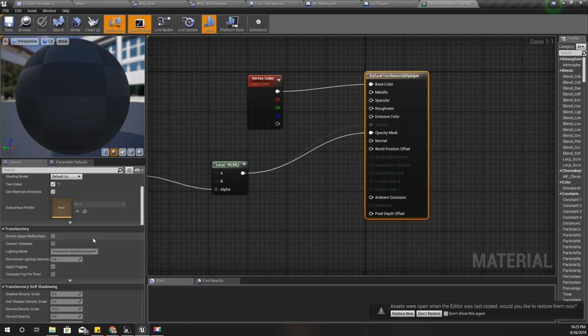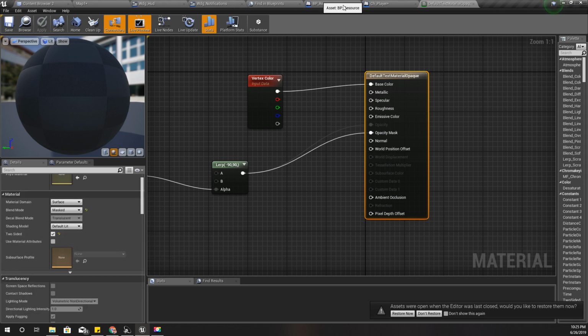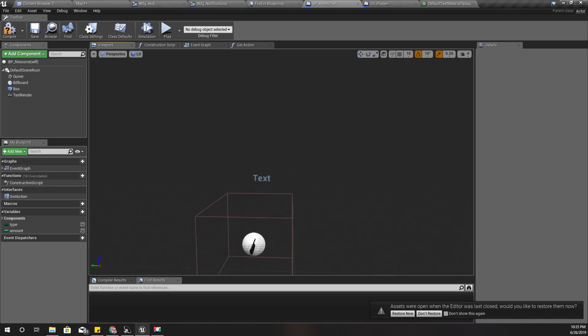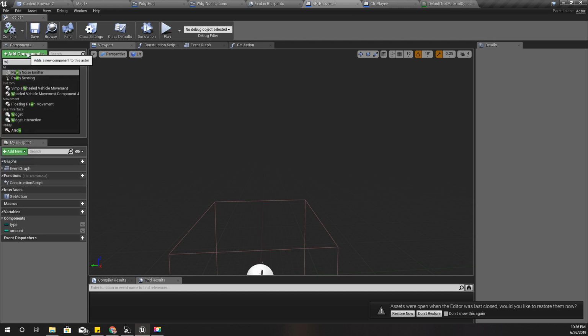That here in the material settings. Actually, instead of this text render, we can add a 3D widget here. So yeah, like this. Okay, so let's